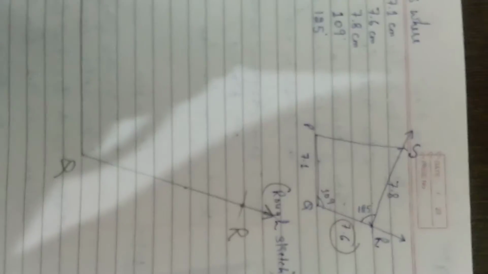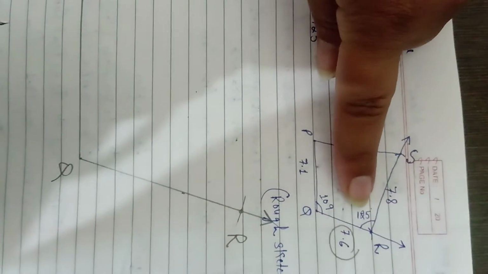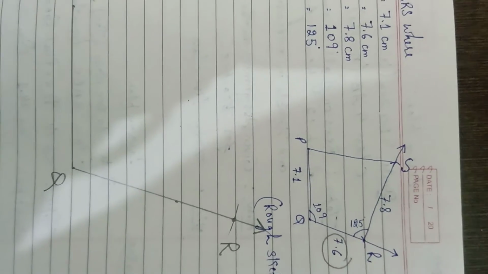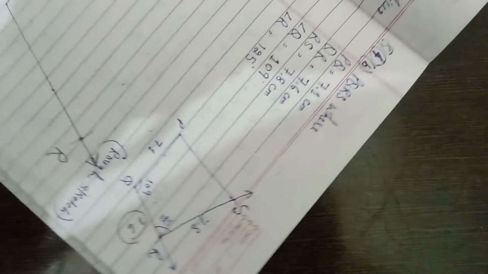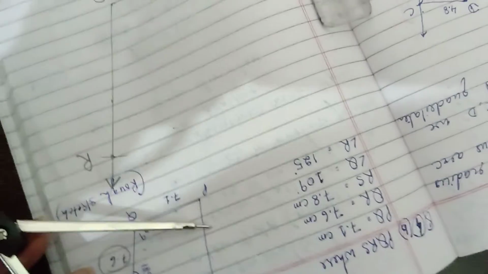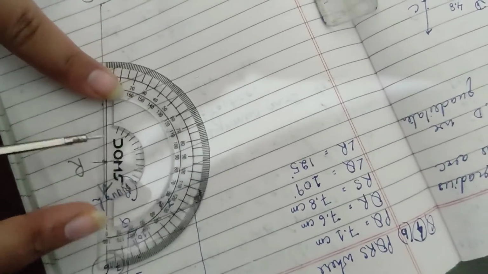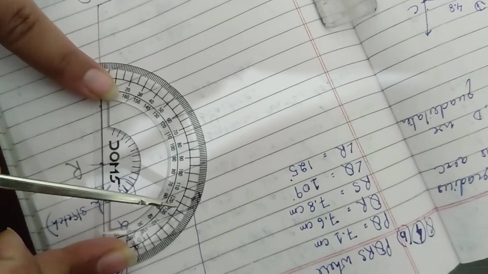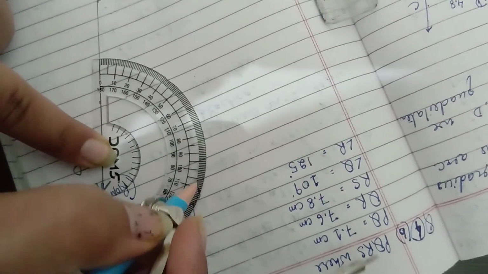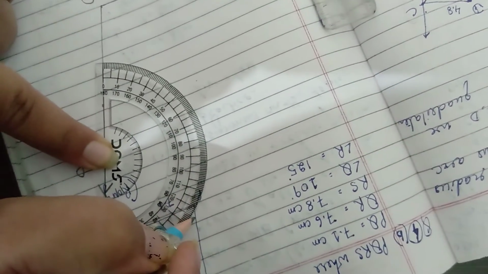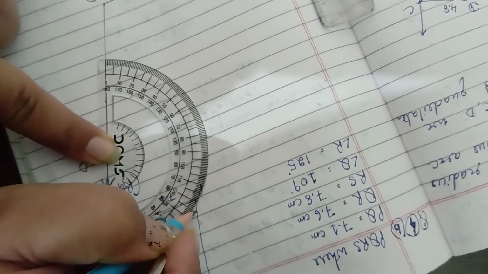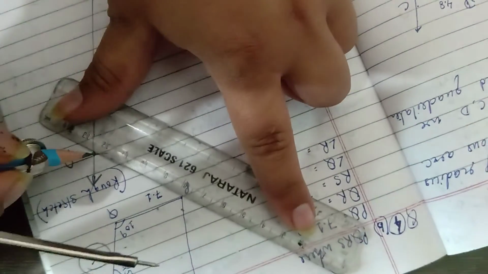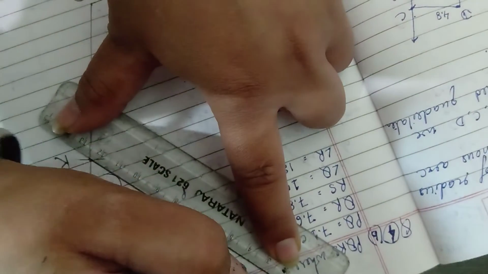How to make S now? What is this angle? This is 125 degrees. So at R you will make 125 degrees. Okay, we'll use the protector now for making angle 125. Let me rotate this copy. Now place the 0 mark of this protector here and mark a point for 125. Okay, I think you are understanding very well. 125, where is it? It is here. Obtuse angle, na? So it is 125. Now join this point of 125 and extend it.